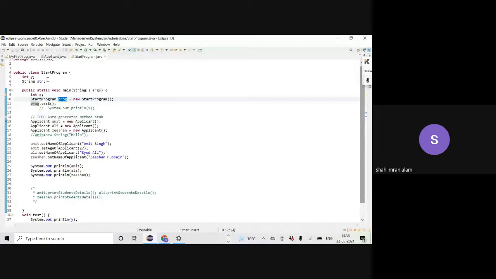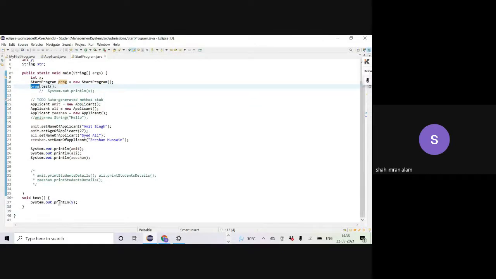StartProgram is the name of the class, and prog is the variable name. Here I am instructing the JVM to create a new instance of this same class. Once the object is created, I will call the test method on the object reference variable. The control comes to the test method, and it is going to print the variable y, whose value is set by default.